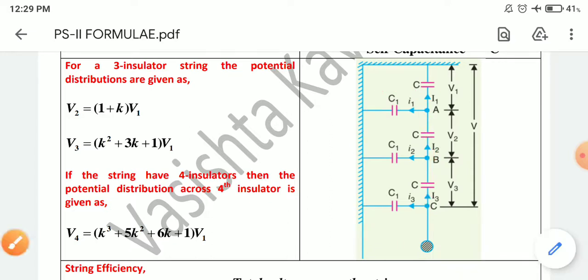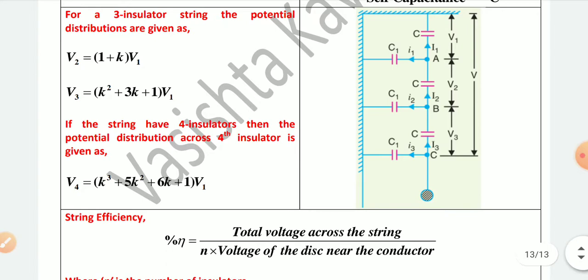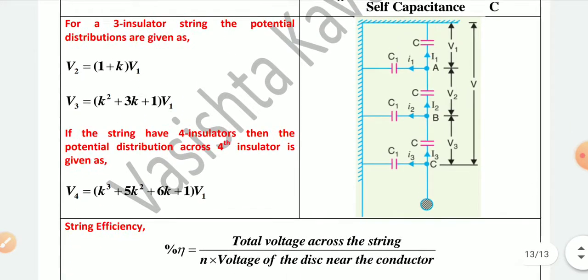Next, if you calculate the string efficiency for unequal voltages, you get a poor efficiency value. How do we improve the string efficiency? By the methods of improving string efficiency: by having larger cross arms, by grading of insulators, and by using the guard ring method. With these we get string efficiency more than 80, sometimes 92 to 93% with the help of the grading method. Especially with the third method, the guard ring method, we get efficiency more than 90%. That's it. These are the information regarding the insulators, and these are the formulas.